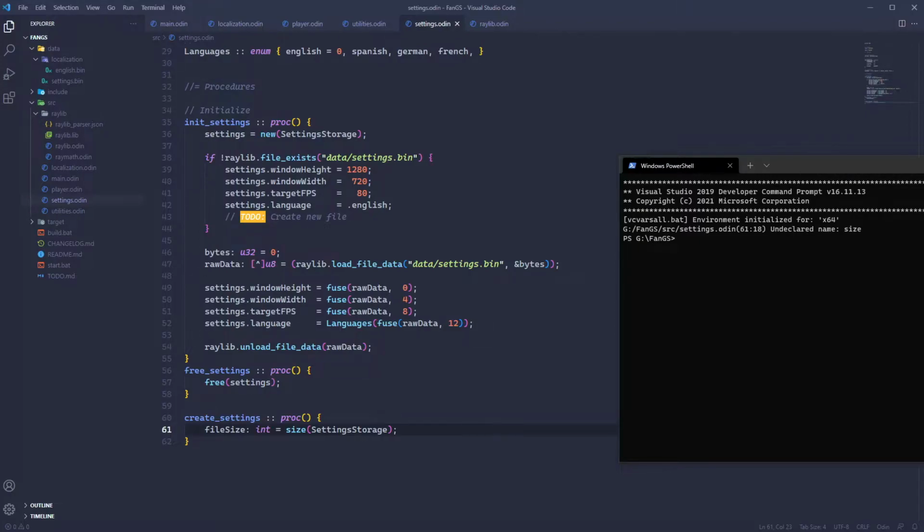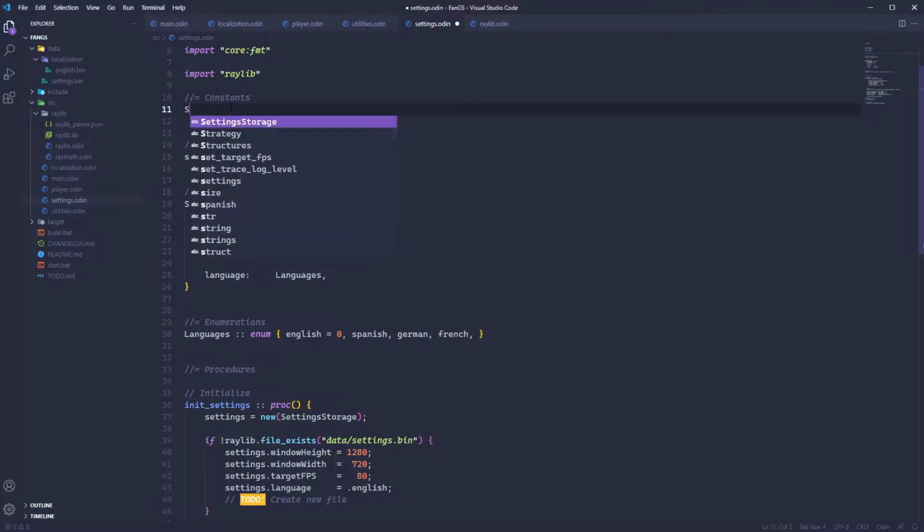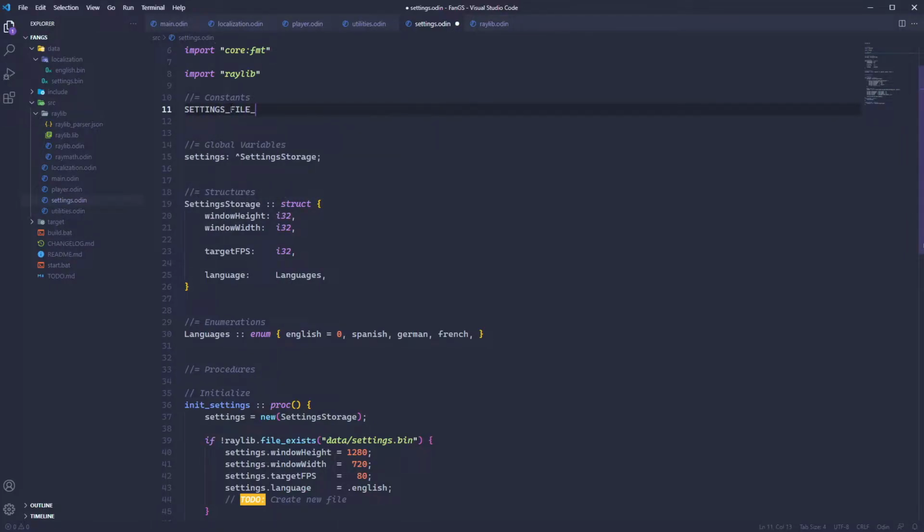Is there anything I can do on this side? Yeah, so it looks like I just have to do it like this. And then just go with this. So